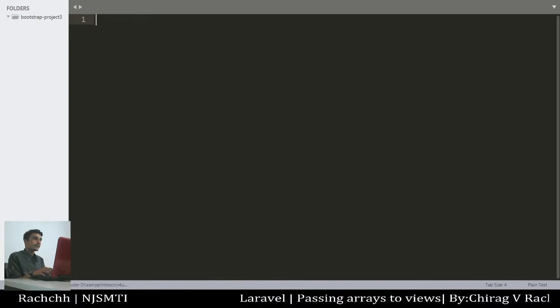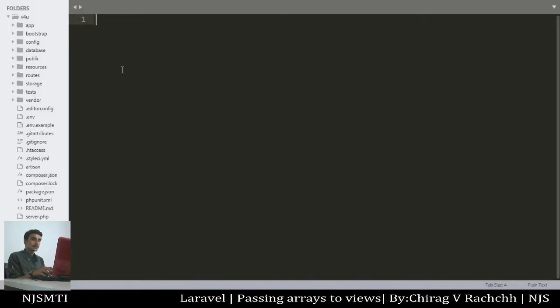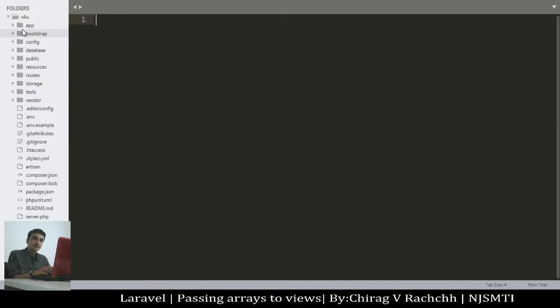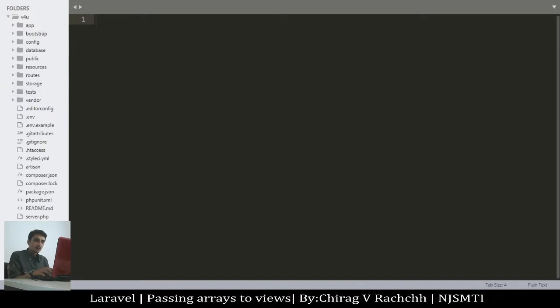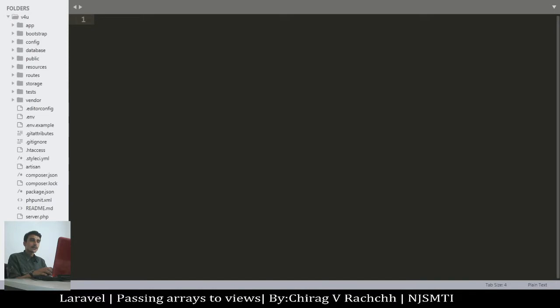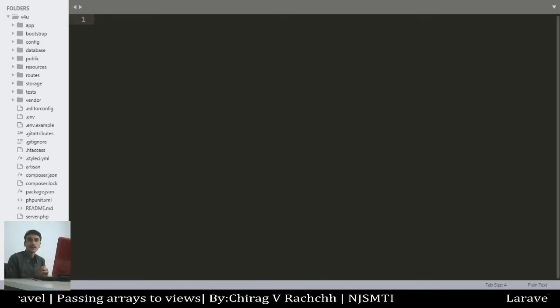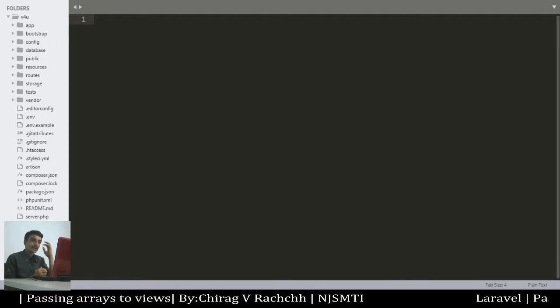I have opened the folder, and now as you can see the project explorer is given. First of all, I would like to write the code in my controller to define some array and put some elements inside this array.